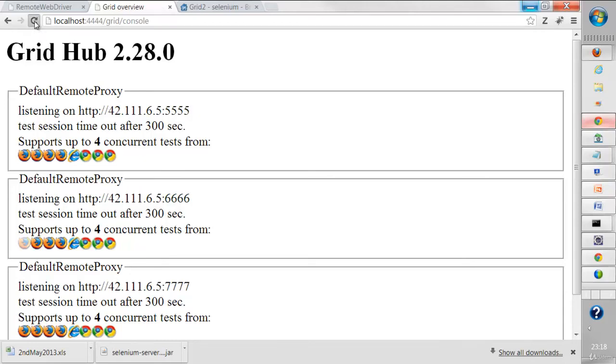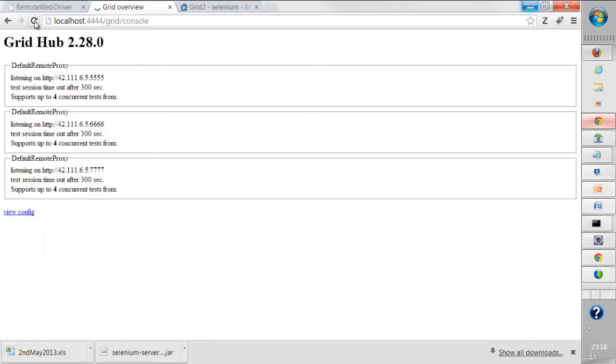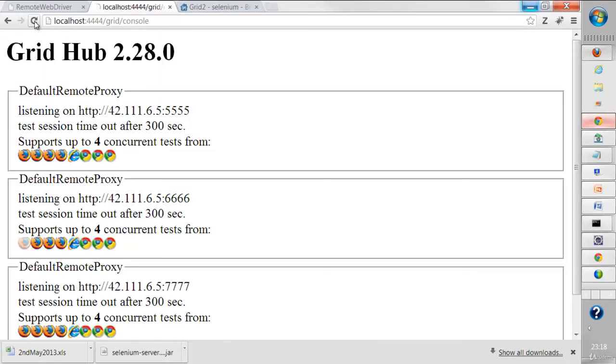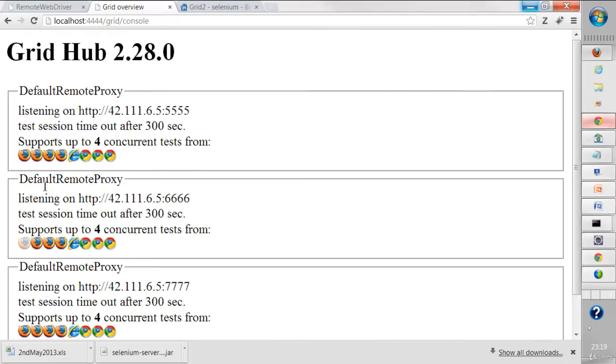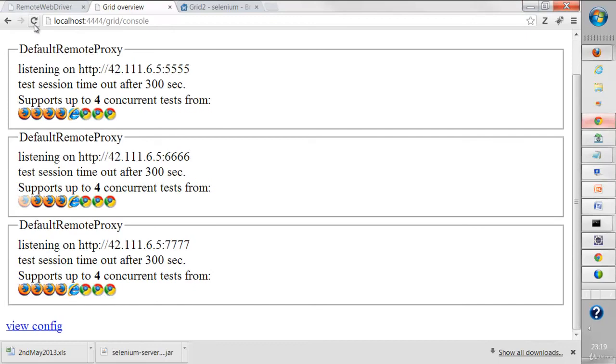Okay, and only one Firefox is remaining on node 2. So let it be executed completely. Test still running. Alright, all the execution has been completed. So now on these three nodes I want different browsers to be open. So what I can do, let's say on